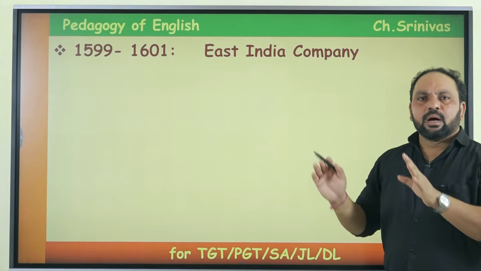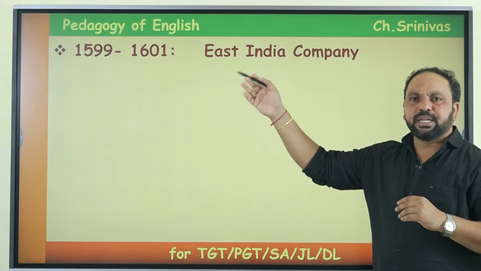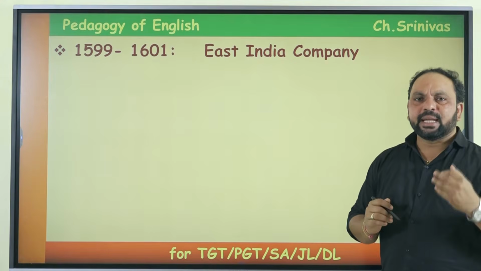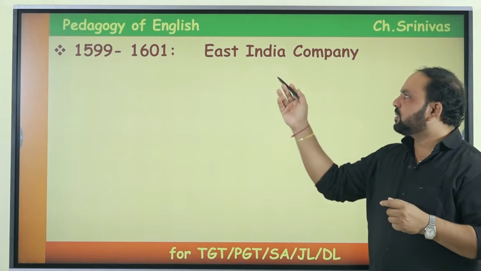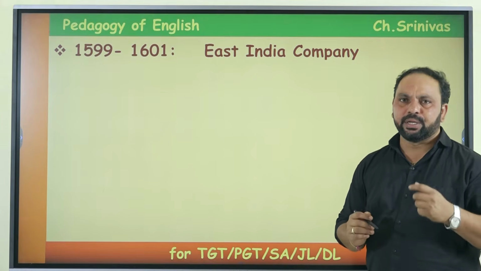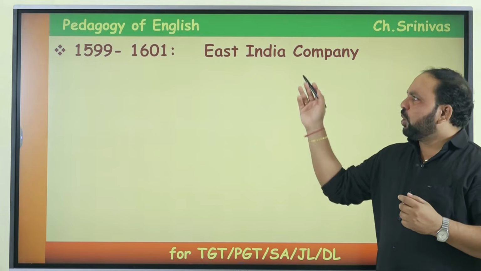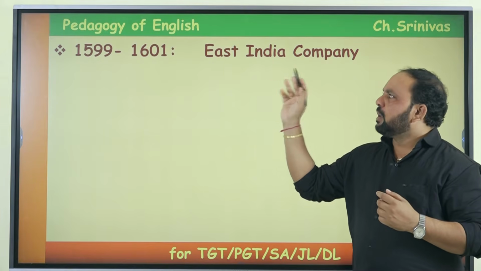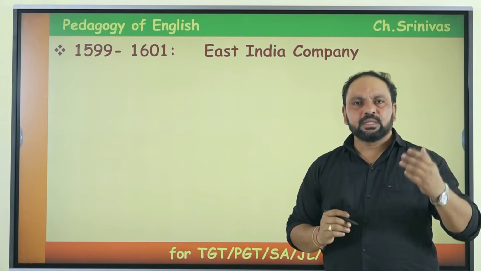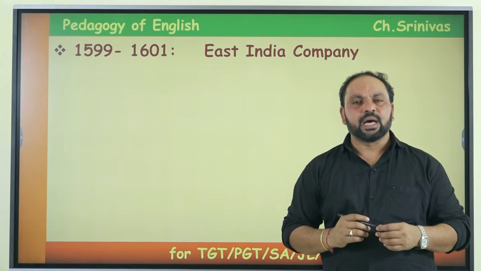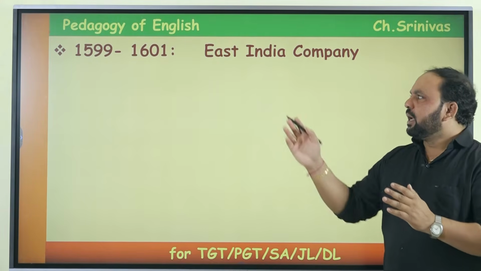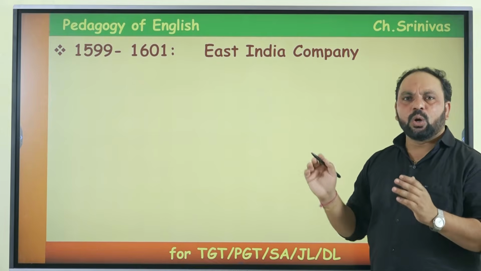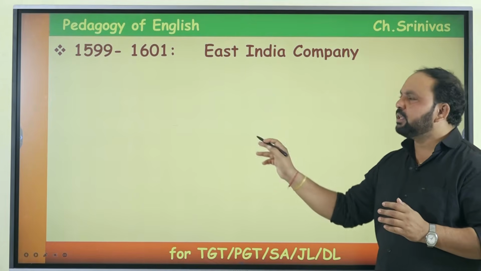So here we should begin from 1599. Okay, 1599 was the year where the English people brought this East India Company, EIC, into India. Okay, and it got its acceptance and it got the permission to trade with the Indians in the year 1601. So the East India Company entered India in 1599, and it got permission in 1601 to trade with